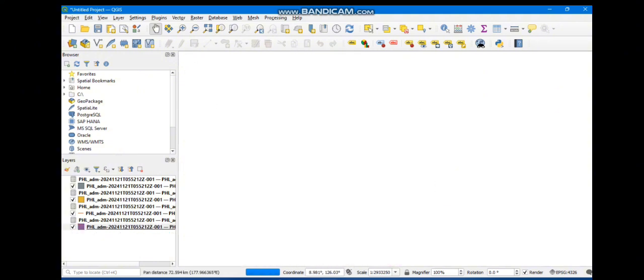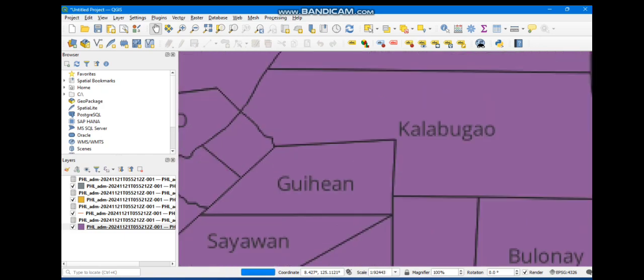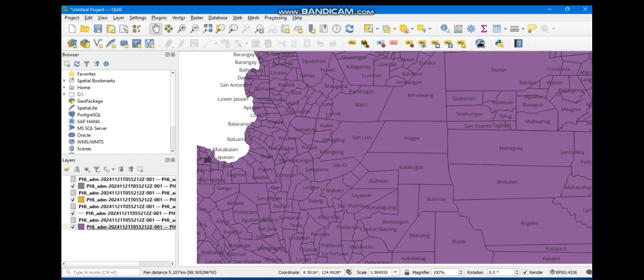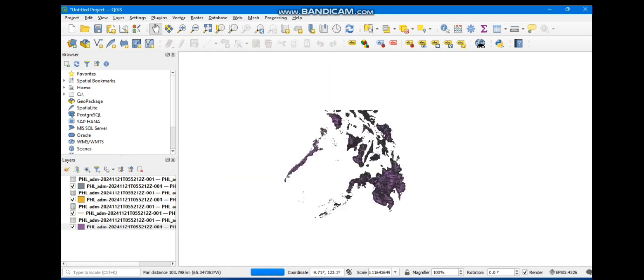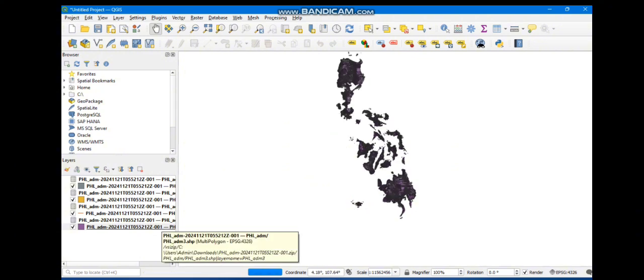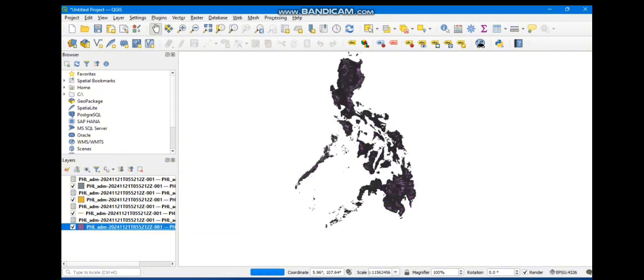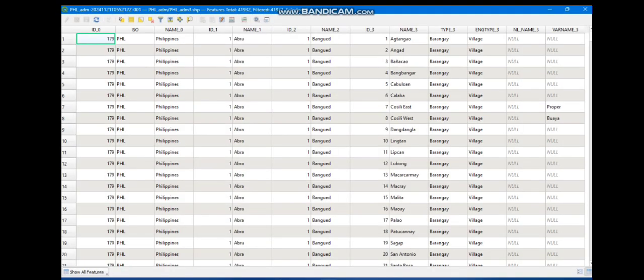So let's zoom in, and as we can see now, they have the names of every municipality. And then we will now go to select the